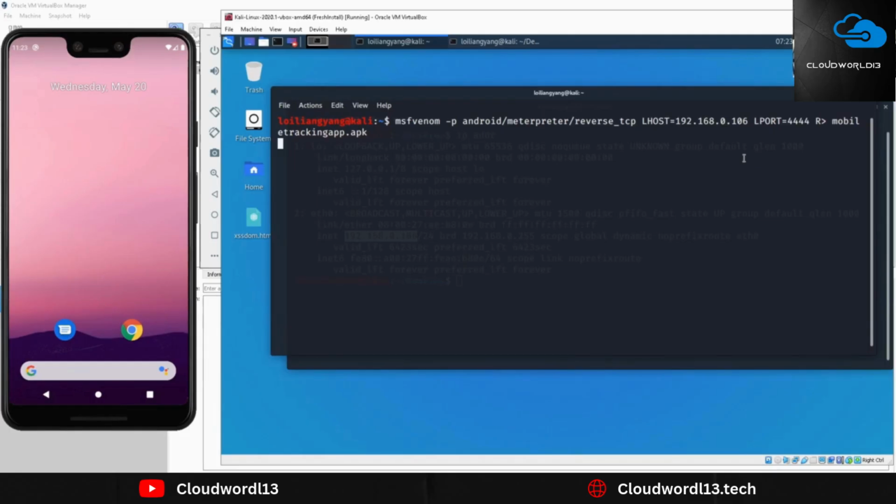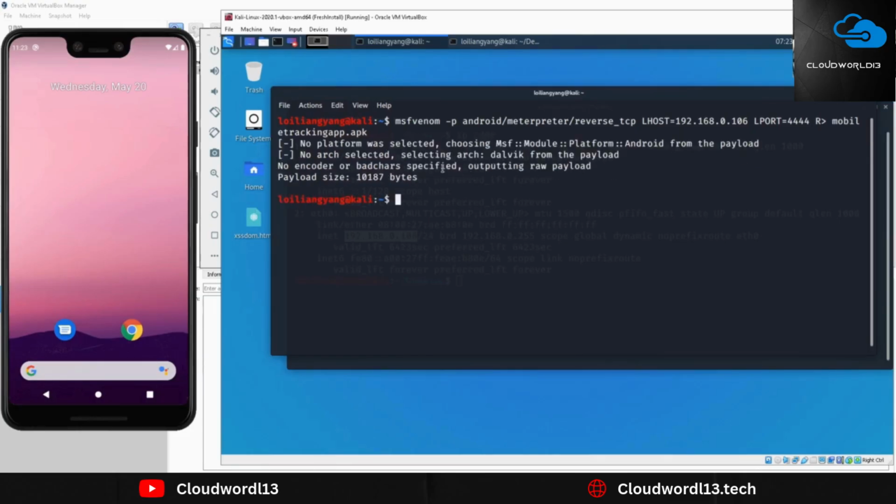It could take some time for the generation of the payload to complete, so we'll wait for the payload to be created. This is the file that will actually serve as the mobile application. In this case, we got a payload completed, and it says payload size